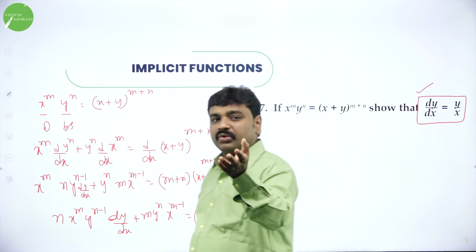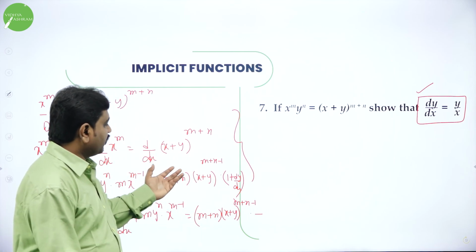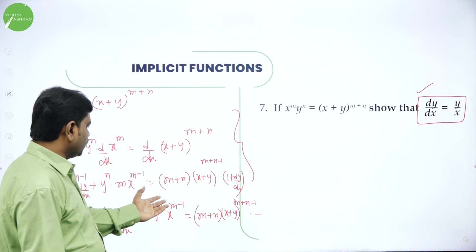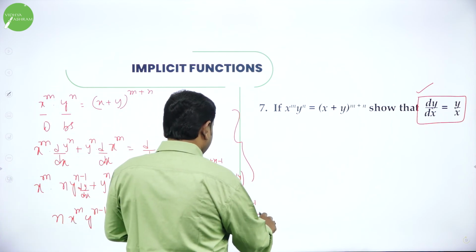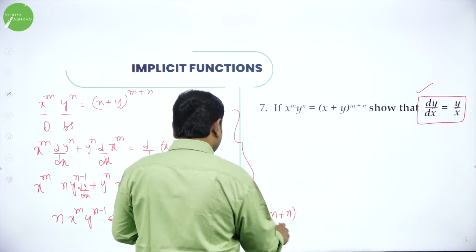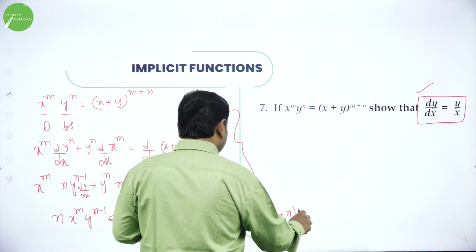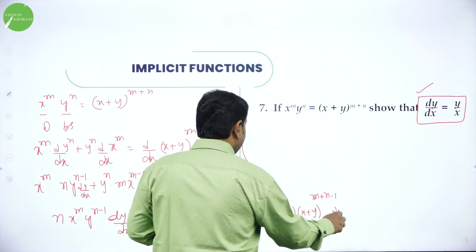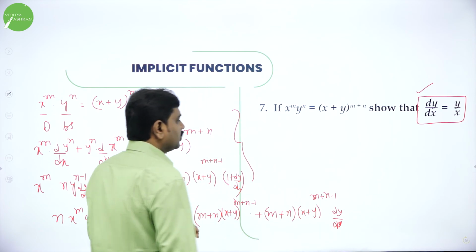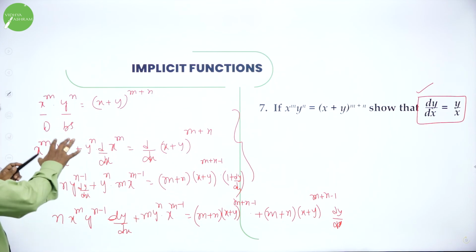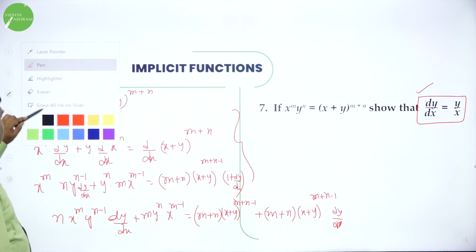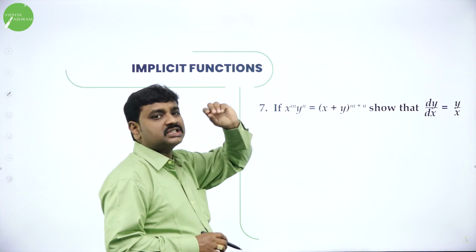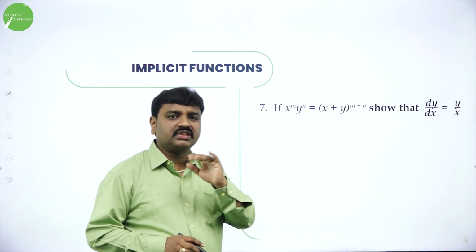If not, we will do the same problem by logarithmic differentiation, because I have not yet introduced logarithmic differentiation, so let us wait for this. If you continue and multiply this, it will become a little lengthy: m plus n into (x plus y) power m plus n minus 1 into dy by dx. So the process goes on. This is how it continues if you do it plainly. This method you can do but it is lengthy, so my suggestion is to apply log and simplify, then differentiate.